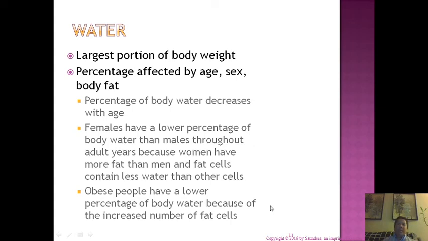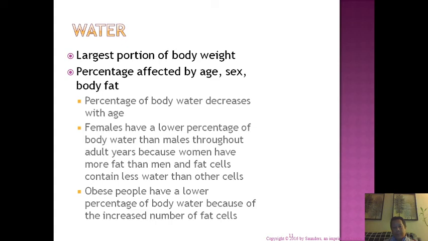So the largest portion of the body weight, as you can see, is due to body fluids, and of course the percentage is affected by age, sex, and distribution of body fat. That's one of the reasons why male is more susceptible to dehydration compared to female, because females have a lower percentage of body water than males throughout adult years, since women have more adipose tissue, and women are actually lucky because you are protected